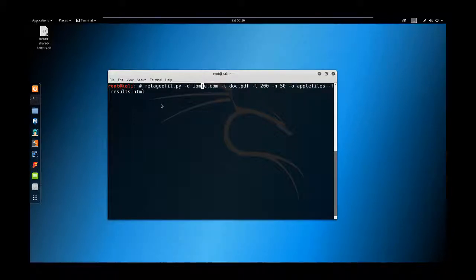.com. Then I'm going to ask him to download document and PDF. -l 200, I'll keep it this way. 50 is too much, let's make it 15. Okay. And then -o, I'm going to create a folder under the name of IBM,